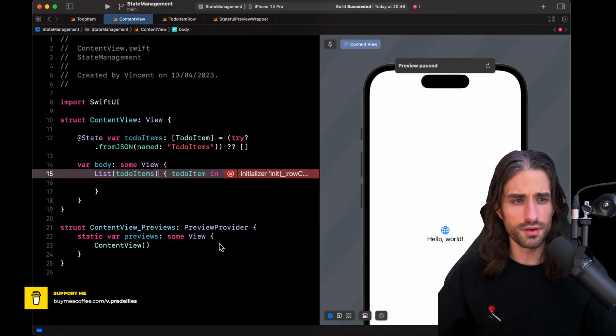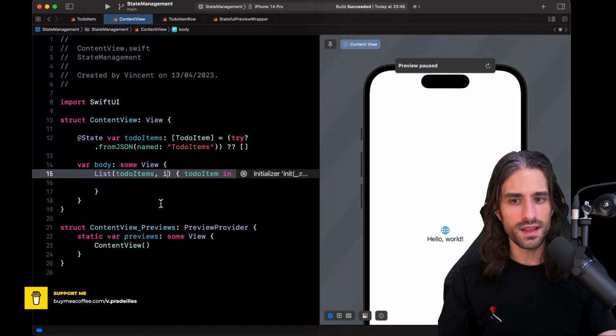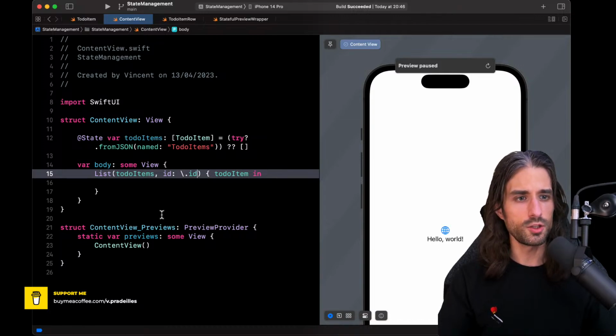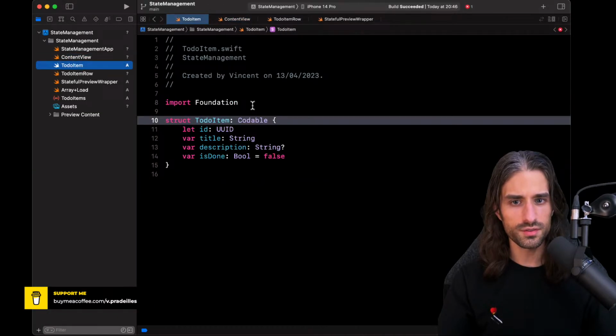And they don't do it through Equatable, they do it through another protocol called Identifiable, which requires an ID. So there are two possible ways to deal with it. Either you can explicitly provide a key path to the ID. Here it would be the property id of my ToDoItem, and this would work. We are manually providing the property to use as the ID, but there is another way to deal with it, and it's to make the struct conform to the protocol Identifiable.